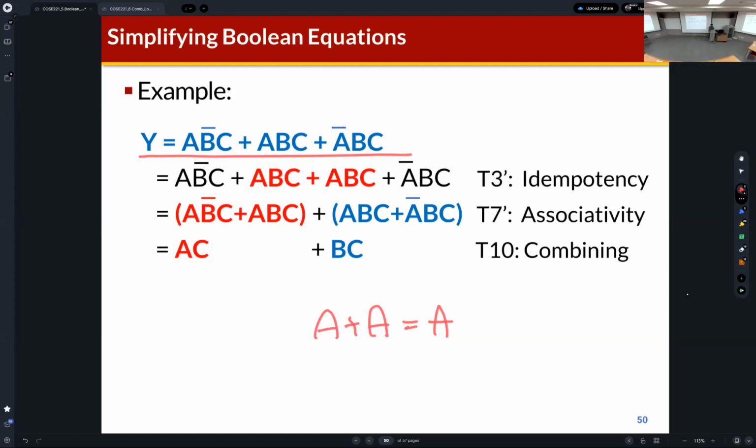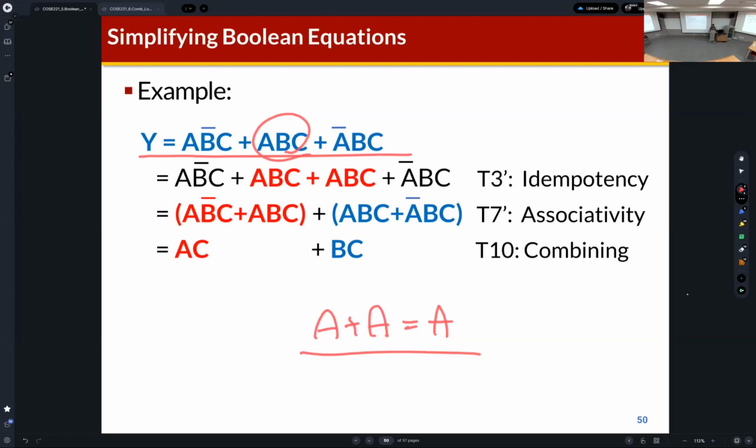But in order to simplify this Boolean equation, we need to use the idempotence theorem. So A plus A equals A in Boolean algebra, and A multiplied by A equals A. Which means that we can repeat this term A, B, C. So A, B, C plus A, B, C. Then